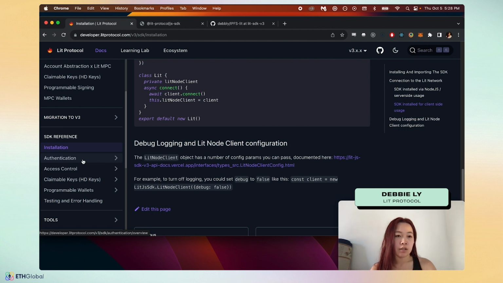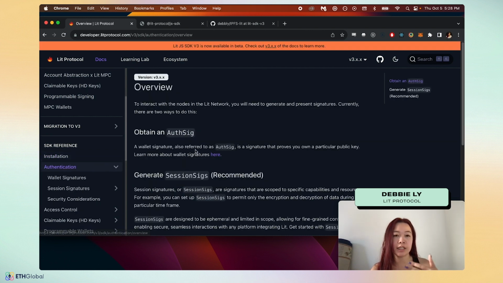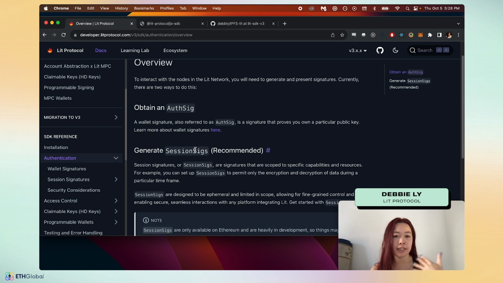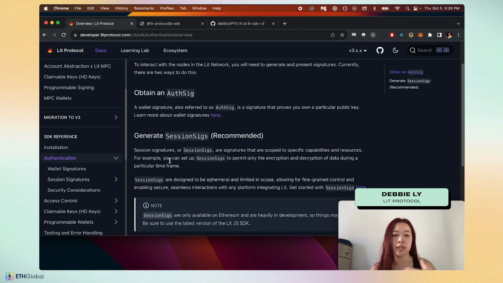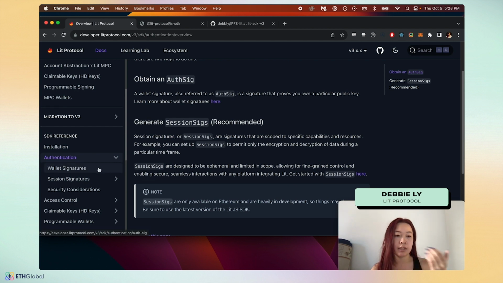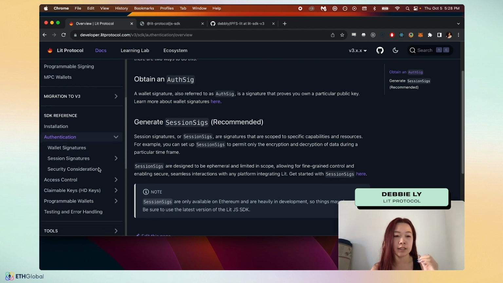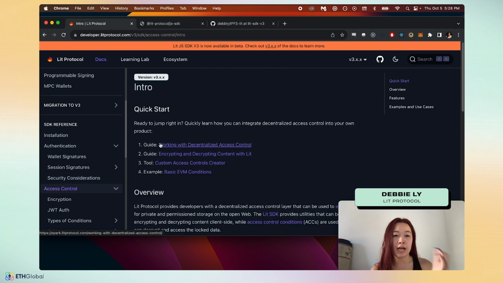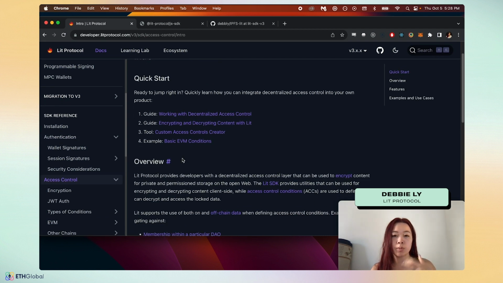And then for authentication, we have different helpers on how you authenticate through Lit, either through AuthSig or through session signatures. Be sure to read these parts of the docs on getting that set up, depending on what your use case is. And then for access control, I actually want to walk you all through a demo or a code repo